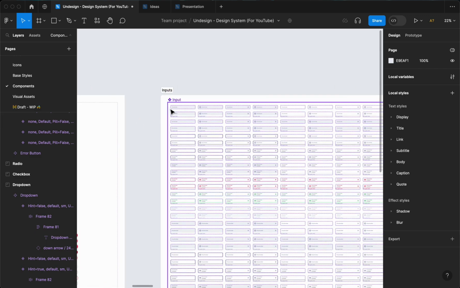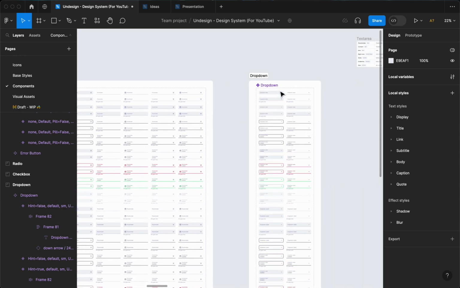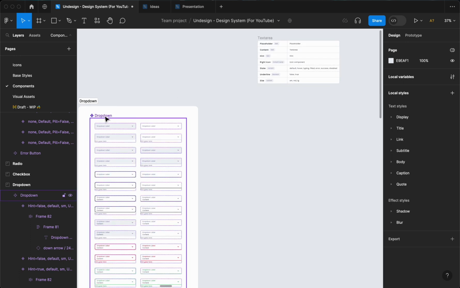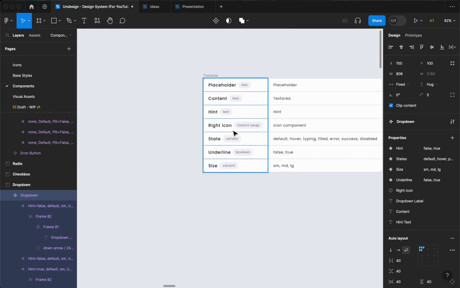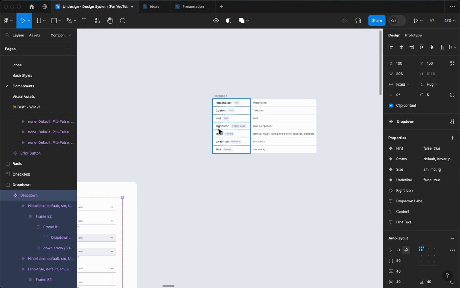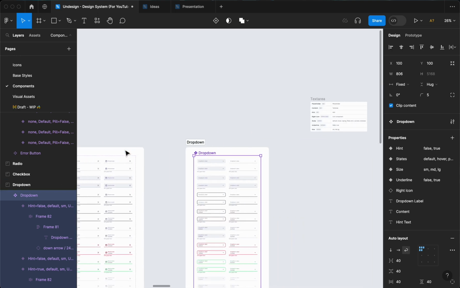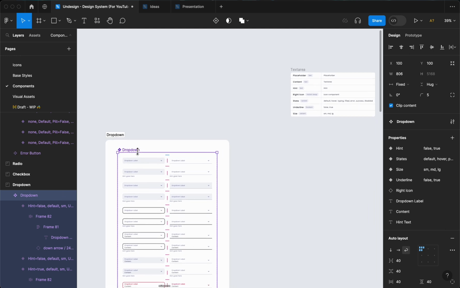The first one is the text input, then we duplicate it and create a drop down out of it. And now I'm gonna create a text area with the same style. So what I'm gonna do quickly, as you see, I have already prepared all the properties that I need, which by the way, are already existing in my dropdown and input, because I created that in a couple of videos back. So in order to create my text area, I need to select this component,